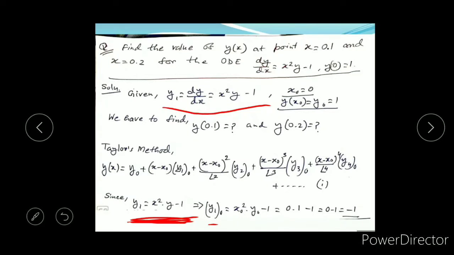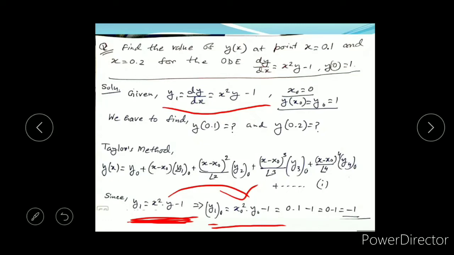So putting these values, y1(0) equals x0 squared into y0 minus 1, right? From here we are just putting the values of x0 and y0, right,